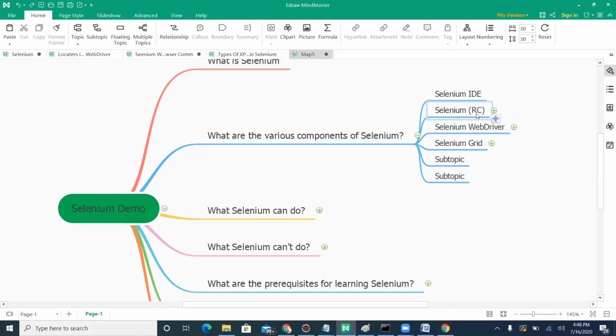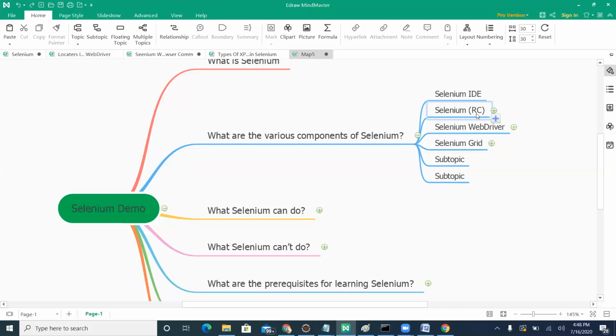Whatever instruction you give from the code, JavaScript is injected into the browser, and the action you want is performed on the browser. Again, it is deprecated. The official Selenium team is not going to support Selenium RC anymore.